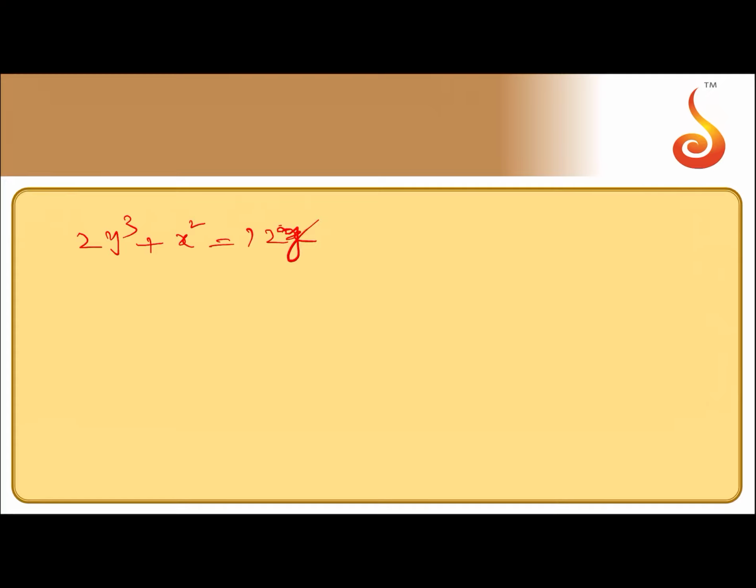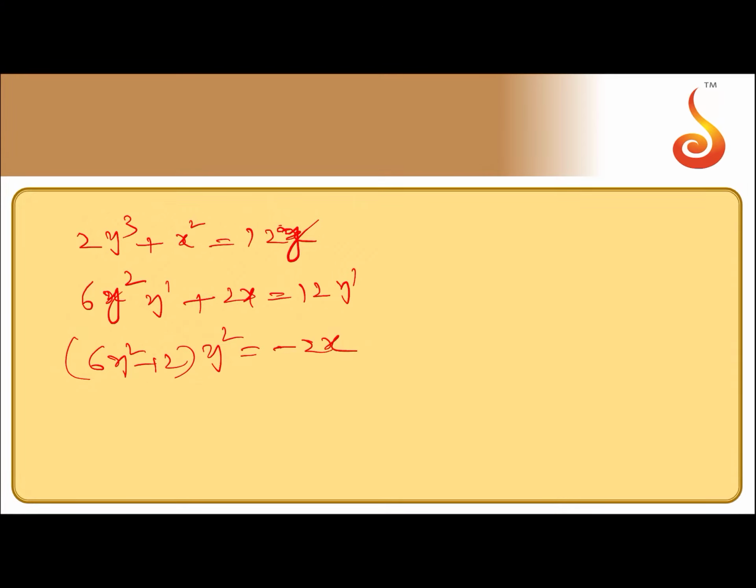And find the derivative here. Calculate the slope. You'll be getting 6y square into y dash plus 2x is equals to 12y dash. See, 6y square minus 12 multiplied by y dash is equals to minus 2x. And therefore, the slope, tangent is,